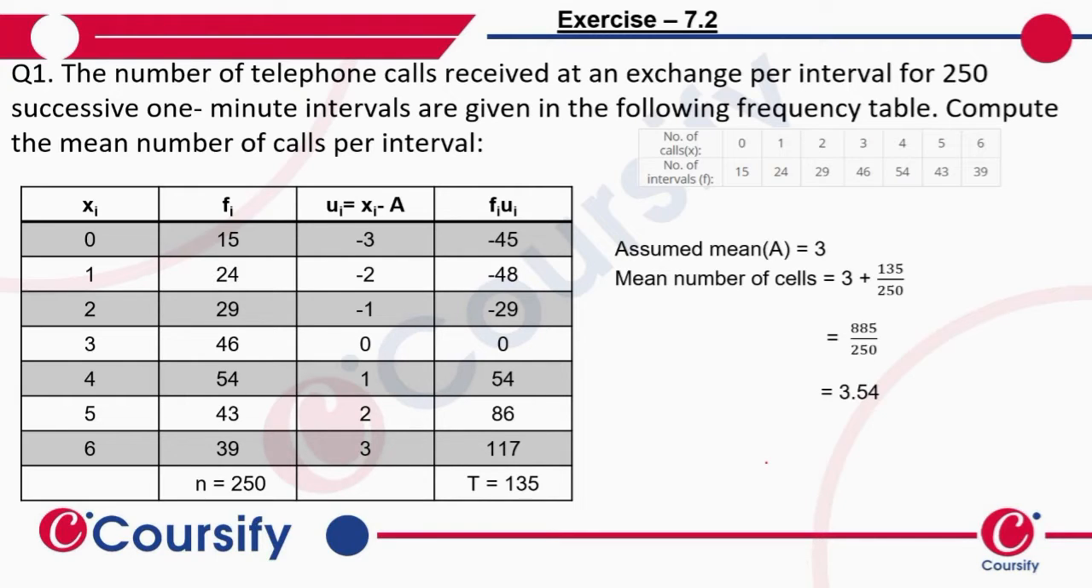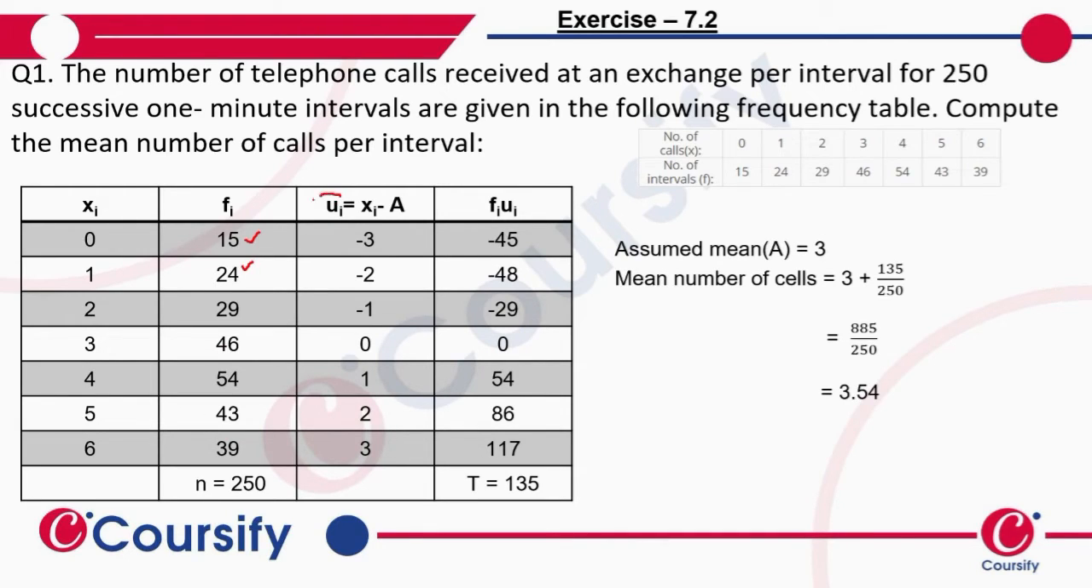So, the exchange rate is 250 successive 1 minute intervals. So, xi is 0, 1, 2, 3, 4, 5, 6, and fi is, now fi are the number of calls per interval. So for the zeroth interval, in the beginning there were 15 calls. Then for the first interval there were 24 calls. Then for the second one there were 29. Similarly,